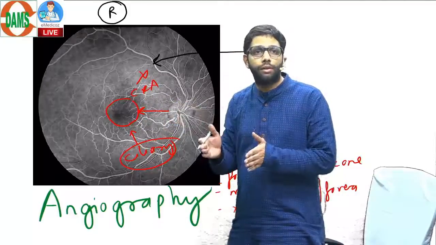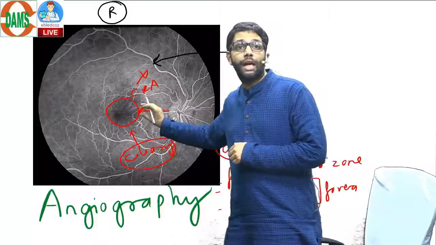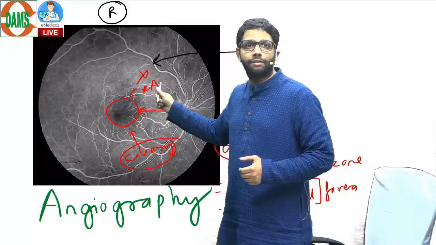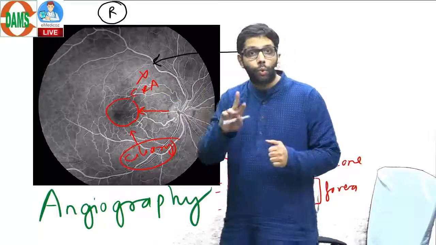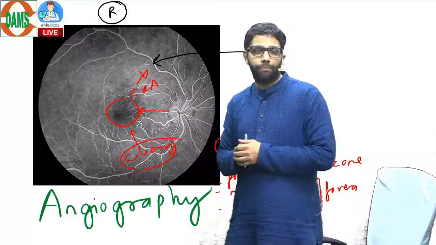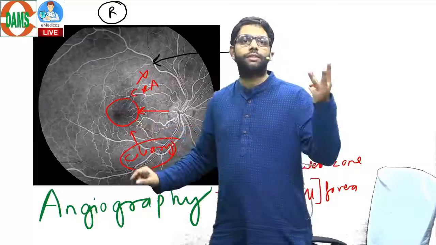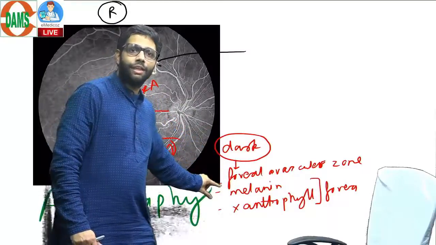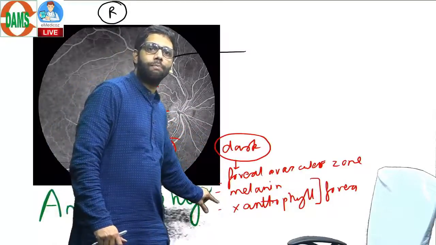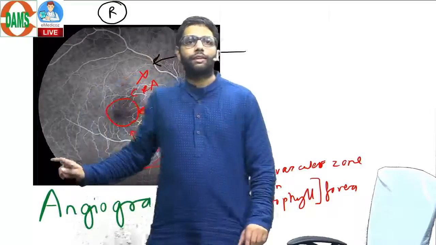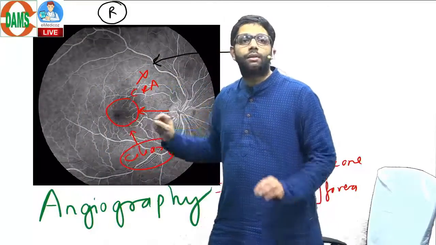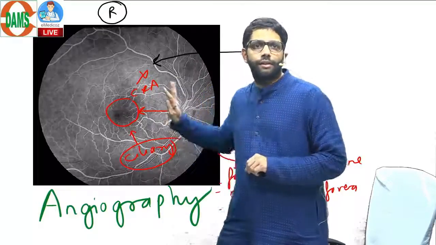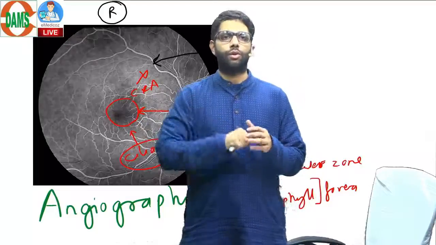It is blocked fluorescence, blocked hypofluorescence. If you see dark in angiography, it is hypo. If you see white, the vessels are hyperfluorescence. So 2 words you should know, which I'll tell you in due time. So why is the fovea dark? 3 reasons. 1, no supply from the central retinal artery, avascular zone. Second, why is choroidal dye not seen? Because of heavy pigmentation of the melanin and xanthophyll at the fovea. That is why it becomes dark, hypofluorescence, on angiography. This is a normal angiography.